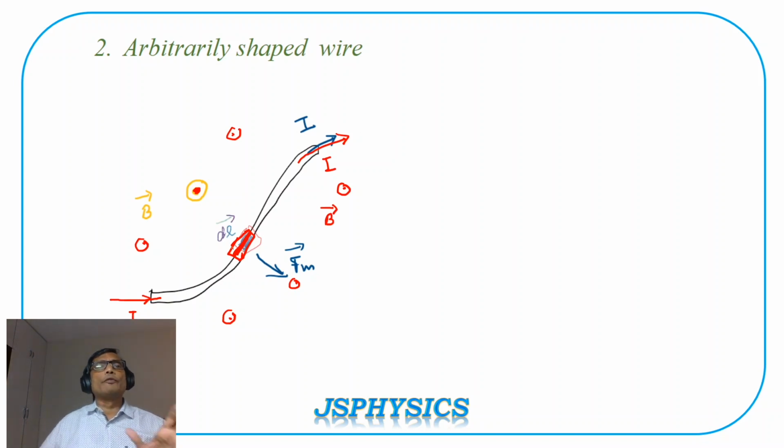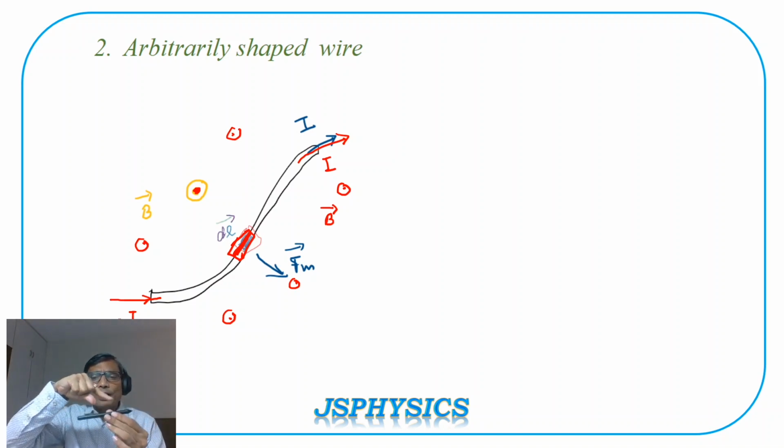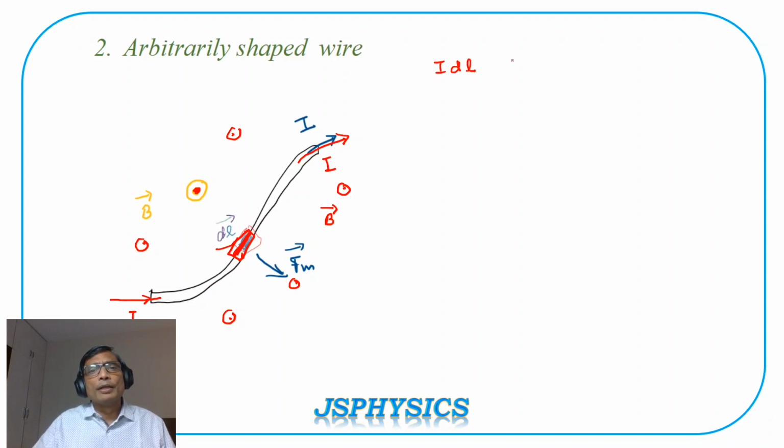We are interested in finding the force acting on the conductor. So for that, we divide the conductor into small parts, each of length dl. Say for example, this is a pen, this is a conductor. I assume that this conductor is made up of small elements, each of length dl. So we have divided this conductor into a number of small elements, each of length dl. This is one such element of length dl. Be aware that I dl is a current element and the direction of the dl vector will be the same as that of the current flowing through the conductor. So let us find the force acting on this conductor of length dl due to magnetic induction B, which is normal to the plane of the paper.